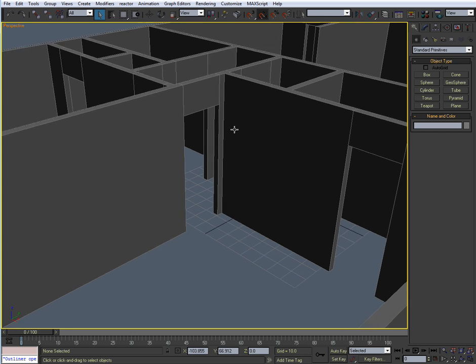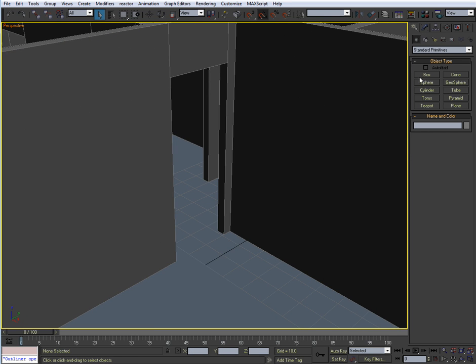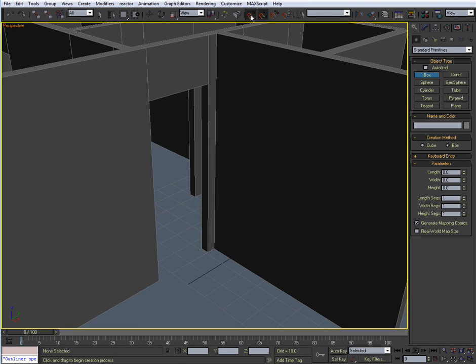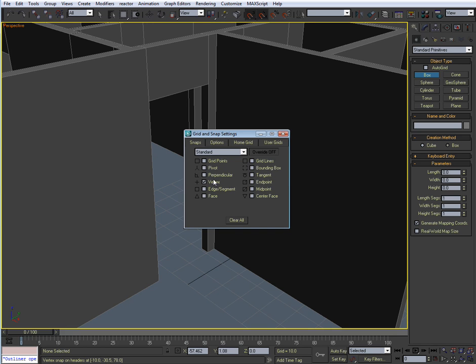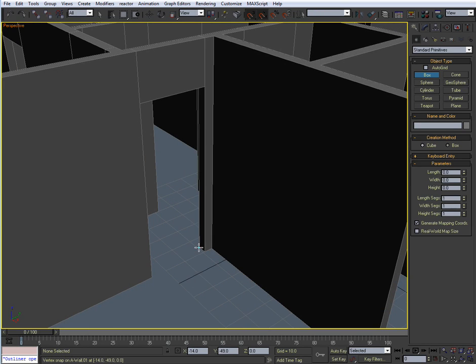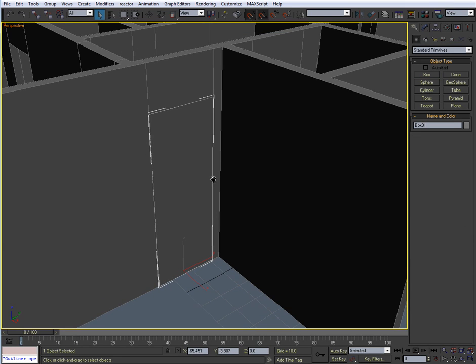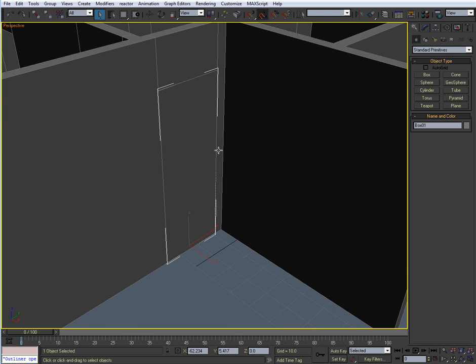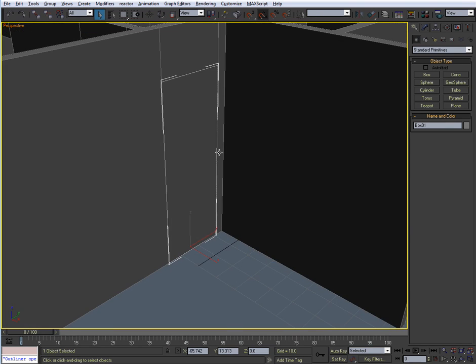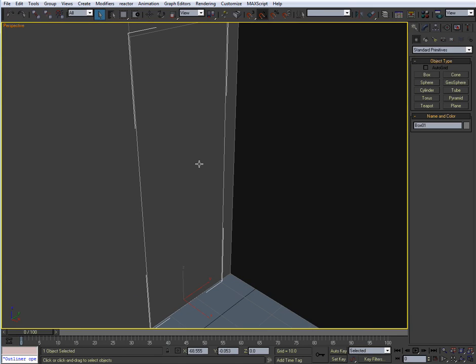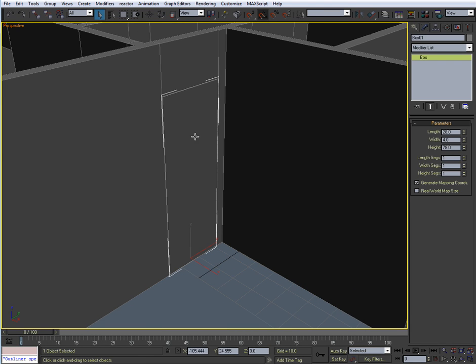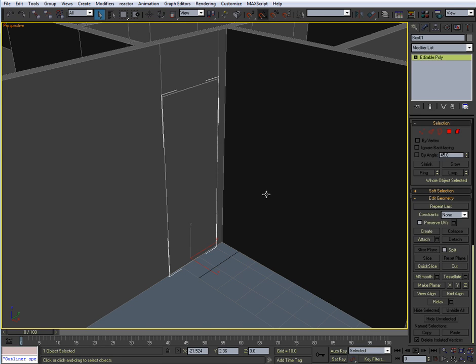Okay, so first things first, I'm going to get a box out, and I'm going to get my snaps on, 3D snaps, make sure it's on vertex. And I'm just going to come in here like so and right click in the tool. Alright, take snaps off. Now what I want to do, and I believe everything is pretty much what I need, I'm going ahead and convert this to an editable poly,